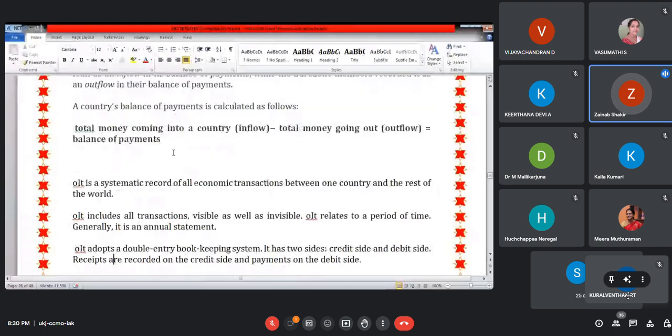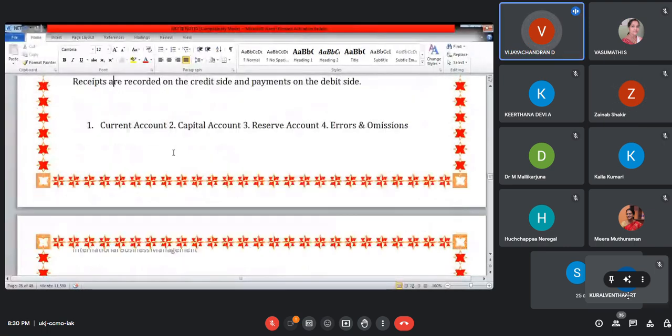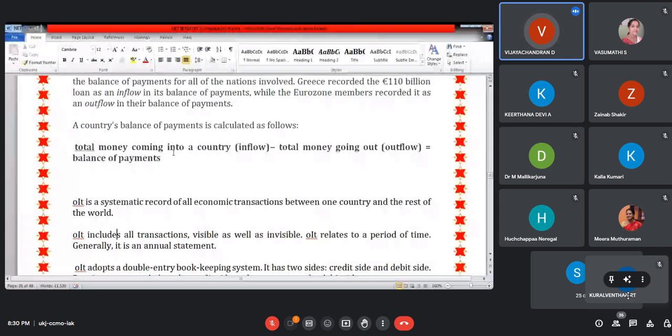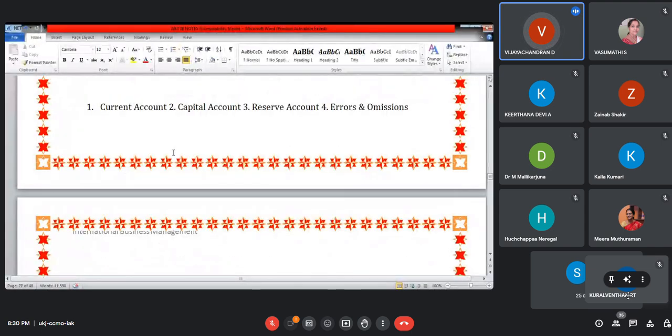Sir, can you repeat what are the accounts? Now I'm going to say, ma'am, majorly two accounts are there. But in order to adjust certain other accounts, or if we are having some errors, in order to rectify the errors, we will also use two more accounts. The major two accounts are current account and capital account, ma'am. Current account means export and import. So you record only the export and import. Whereas in the case of capital account, the borrowings, you are borrowing from other nations or lending money to the other nation, those things will be coming under the capital account, ma'am.